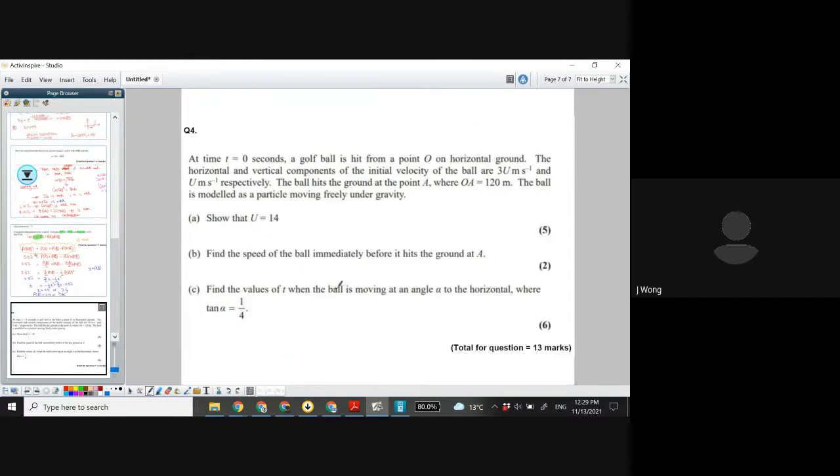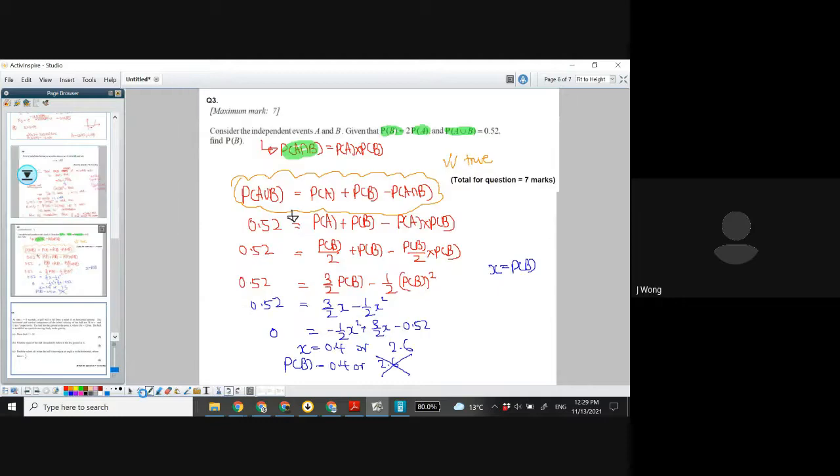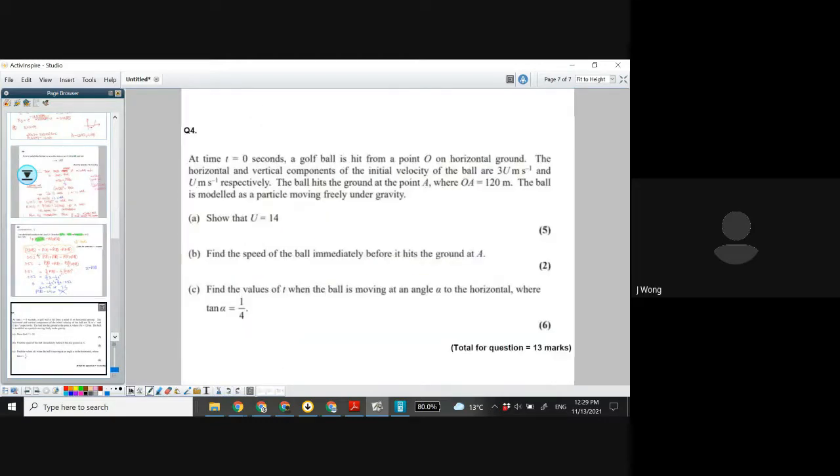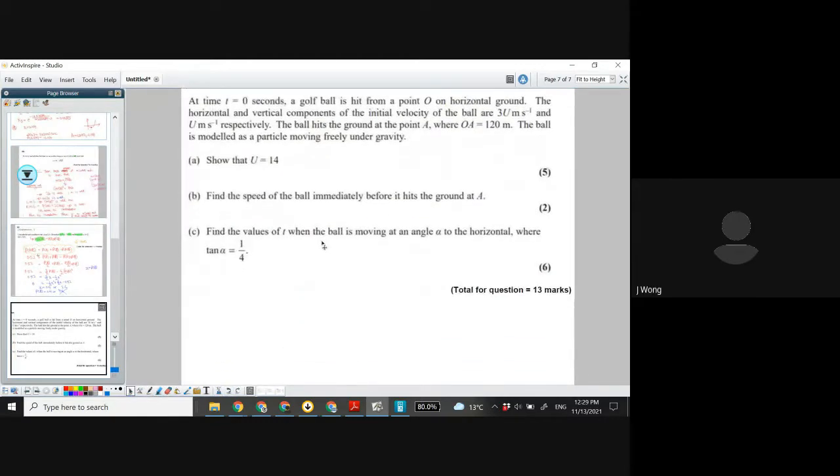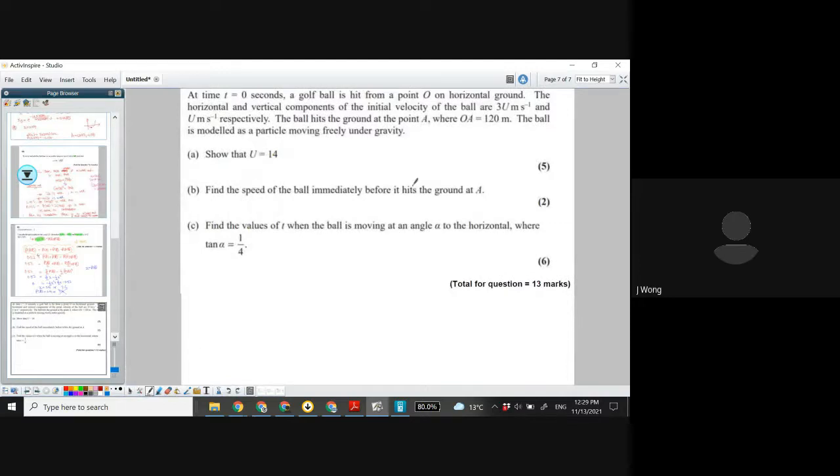Finally, question 4. This is a projectile question. So it's our first time, I believe, looking at a projectile question, so hopefully it's going to be fun. They say that there's a golf ball that is being projected from a horizontal ground level, and they gave us the velocities in components already, which is nice,